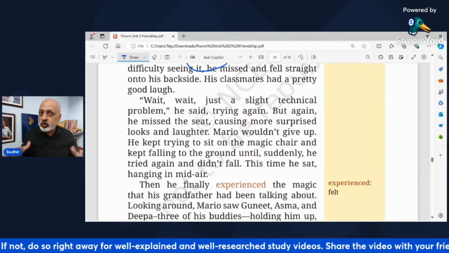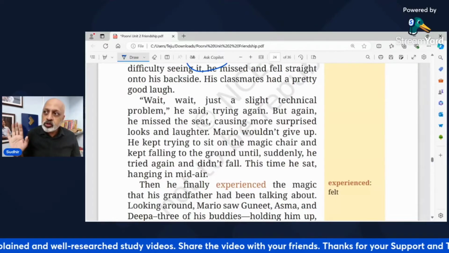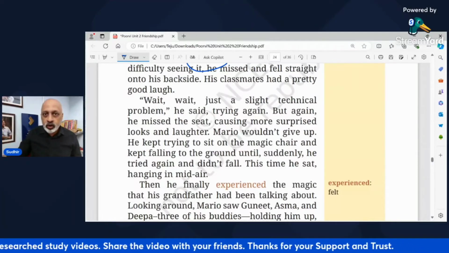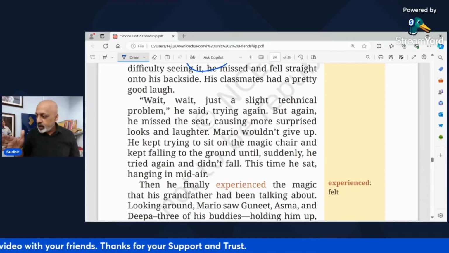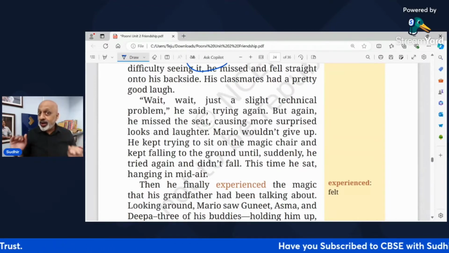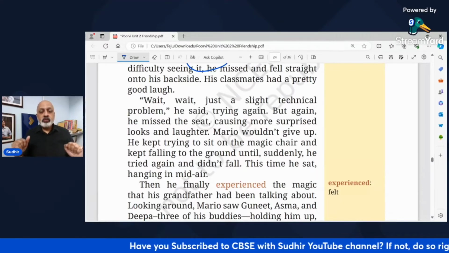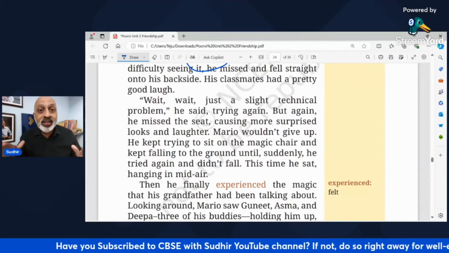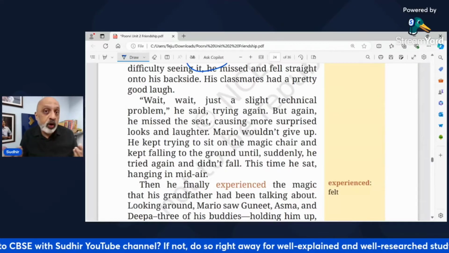So if there is no chair, just imagine there is no chair. You do one thing. You stand very close to the wall, like this wall. Okay. You stand very close to this wall and think there is some kind of a chair or a stool there. Now you can actually, with the support of the wall, support your back against the wall and sit down, or be in the posture of sitting down.